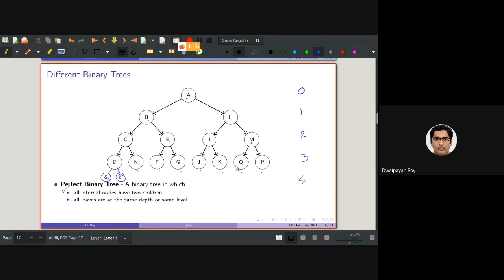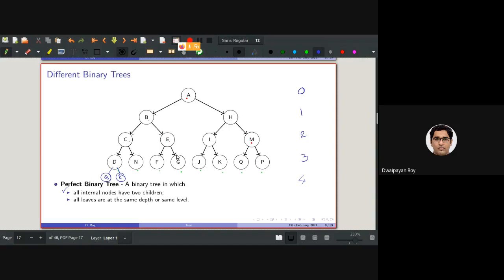I'll be discussing this more elaborately maybe next week, or if time permits at the end of today's lecture. But as I was discussing, all these leaf nodes are not at the same level. So that's why this tree has become what type of tree? I have discussed earlier.